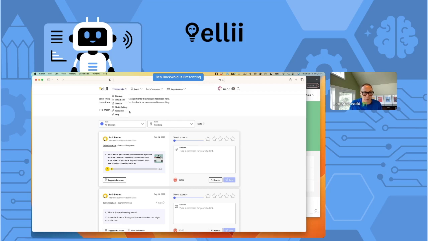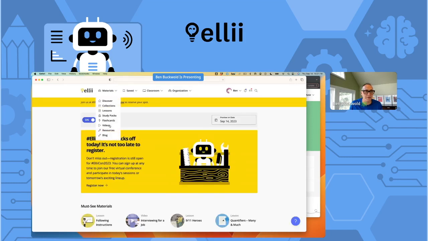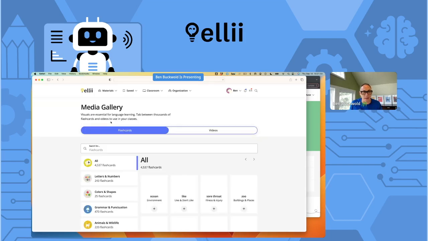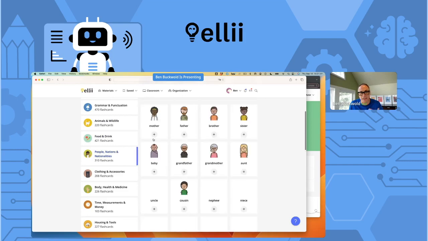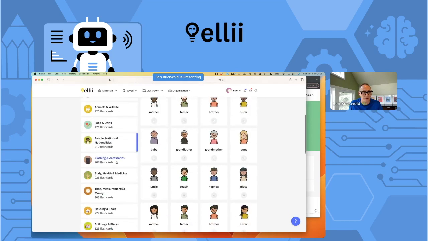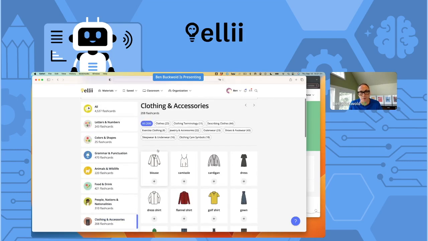I'll just show you very quickly one last thing. I'm not going to go into detail, but under materials, you'll see flashcards and videos. This is sort of a media gallery, and you can find a whole bunch of different flashcards here, flashcard sections that you could present interactively to your students, or print and photocopy and make